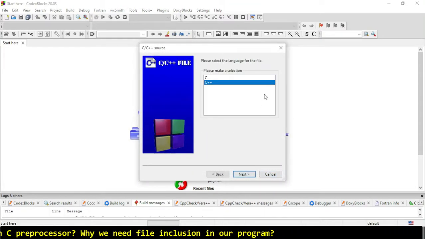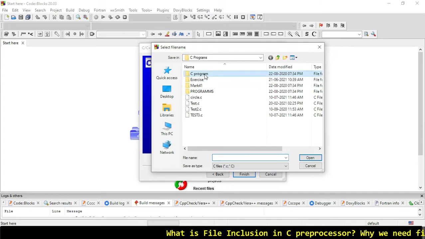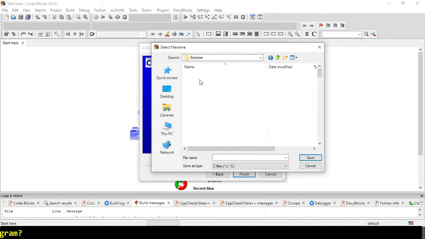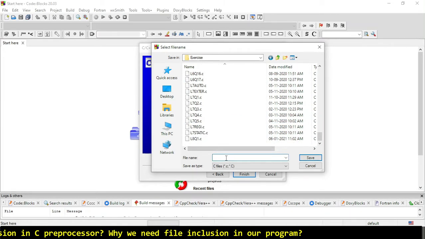For the second case, we will create many different programs for different functions, and then we will merge them into a single one.